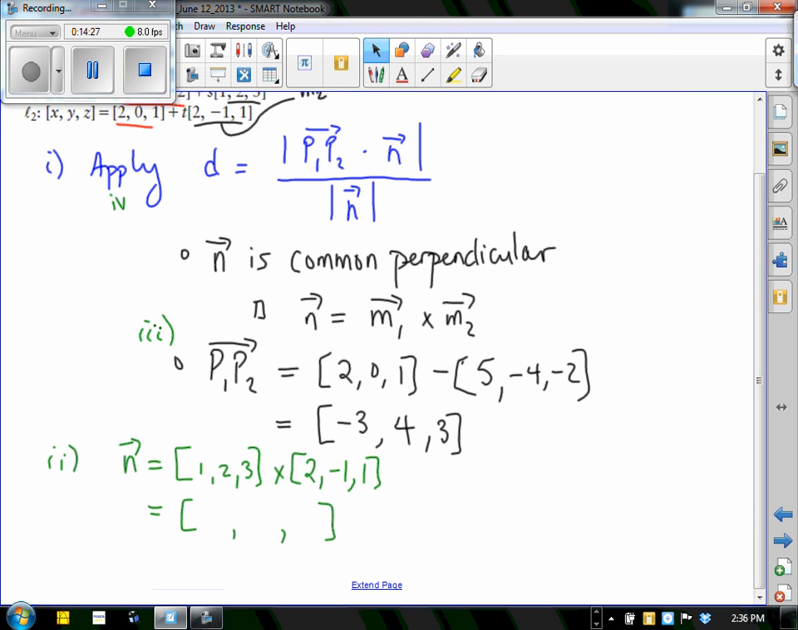So in terms of cross product, I like to organize my work. So I'm just going to create 3 columns, i, j, k. Okay, i is the basis representation for the x components. So the first vector is 1, 2, 3. The next one is 2, minus 1, and 1. So I'm going to start by focusing on the x components. So I ignore